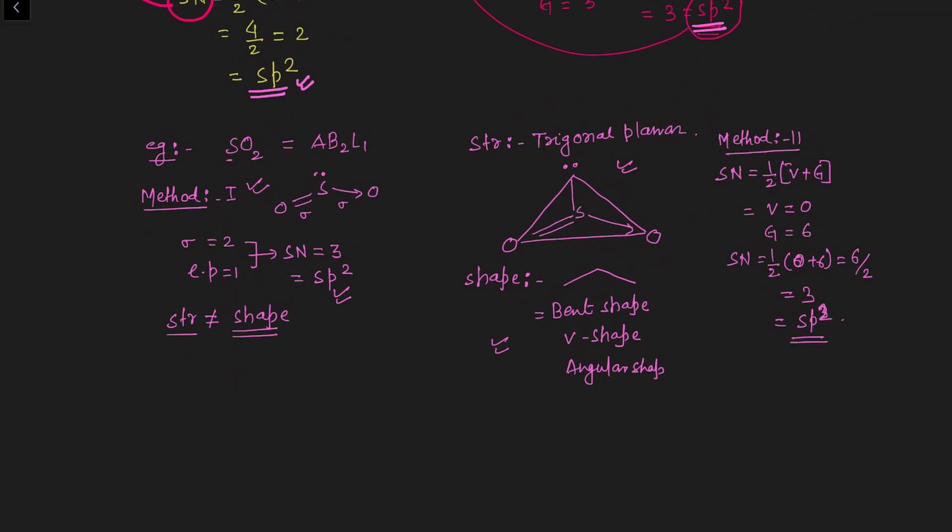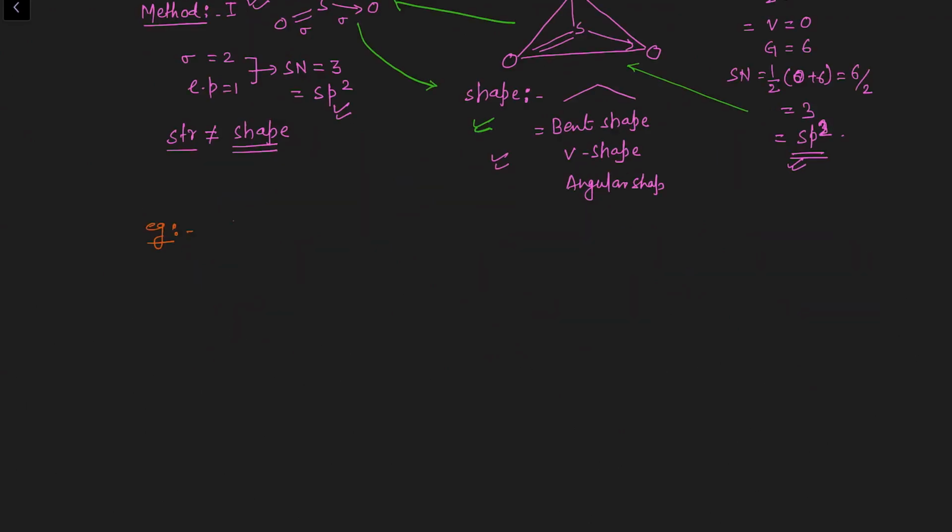sp2. This method number 2 is telling you only about the hybridization. Once you get the hybridization of the central atom in a given molecule, you are getting the idea about the structure of this molecule. After getting the structure, the Lewis dot structure will tell you how many lone pairs are present, and then the lone pair arrangement will reveal the shape of the molecule. So see that everything is interrelated. Once you correlate VBT, VSEPR theory and the concept of hybridization, all the concepts are going to reveal here.